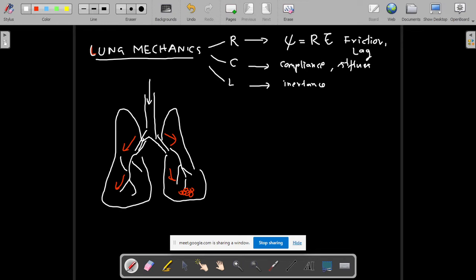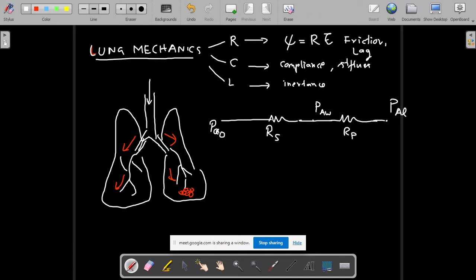How we represented it: the inlet opening air pressure I just put as PAO, the inlet pressure, and whatever resistance is offered in this canal, you can just put as RS. Then this is the pressure inside your chambers. Once you get into the chambers, that pressure again has some resistance, which I am putting as RP.